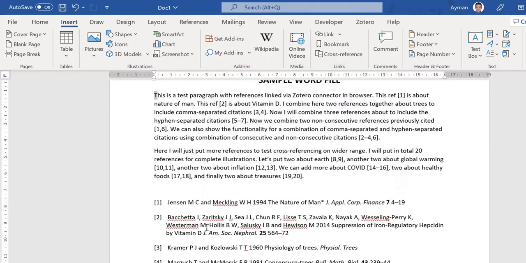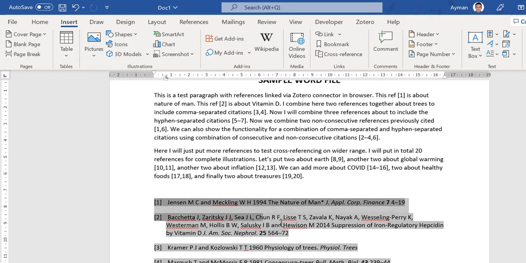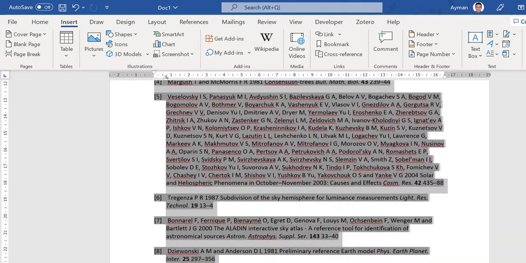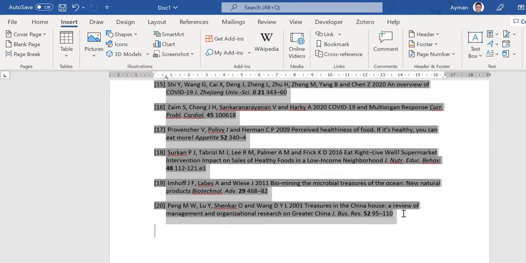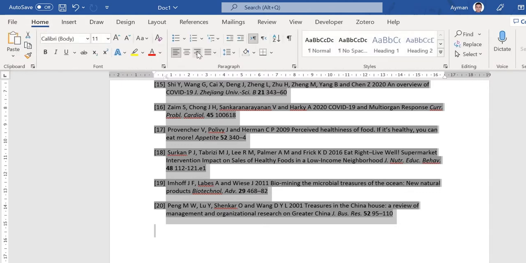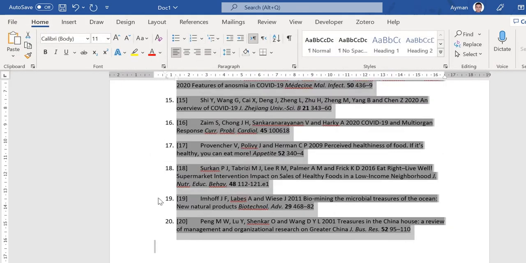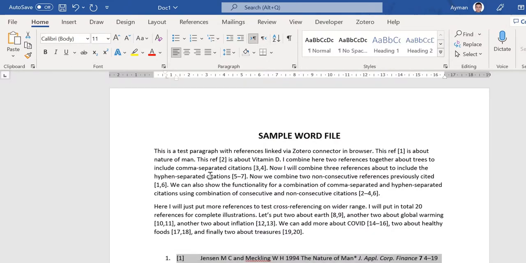So to do that, we will just select all the references list. I'm just putting here 20 citations for this document, and we'll do the conventional numbering. Okay, you have to check that the numbers on the left are the same as the numbers within the Zotero reference. So now you have a list of numbered items, and to show that, let's try again